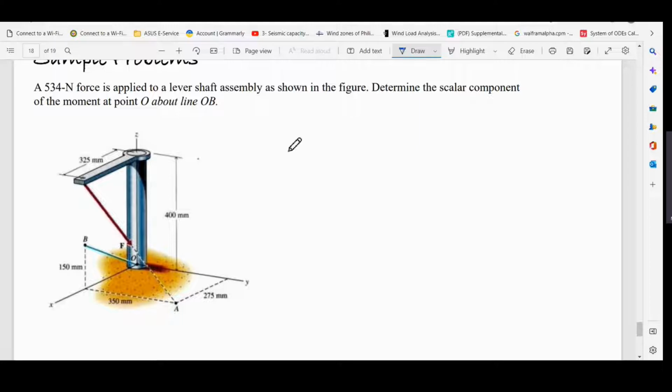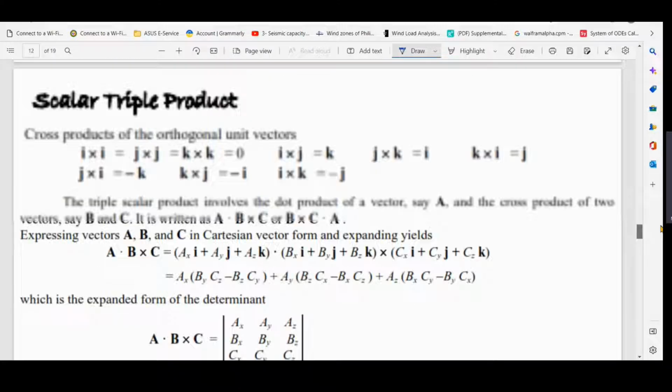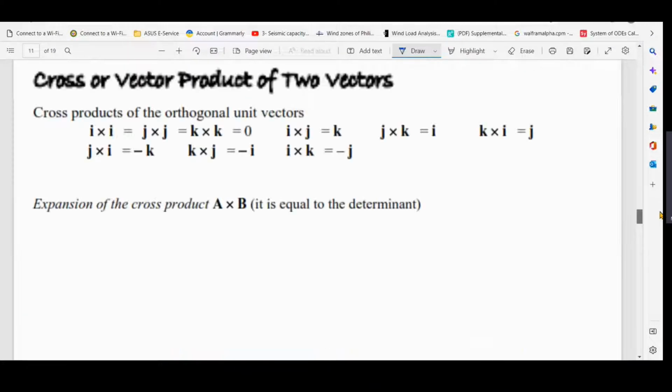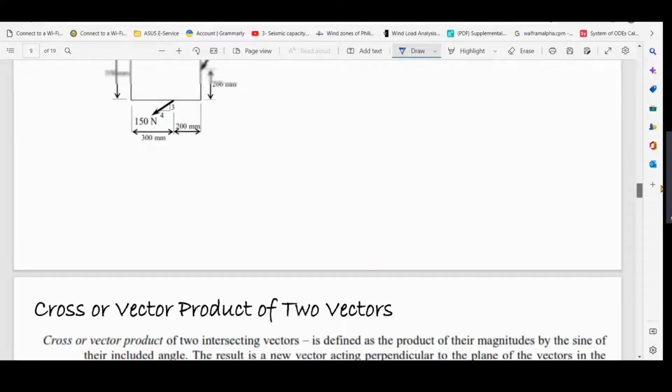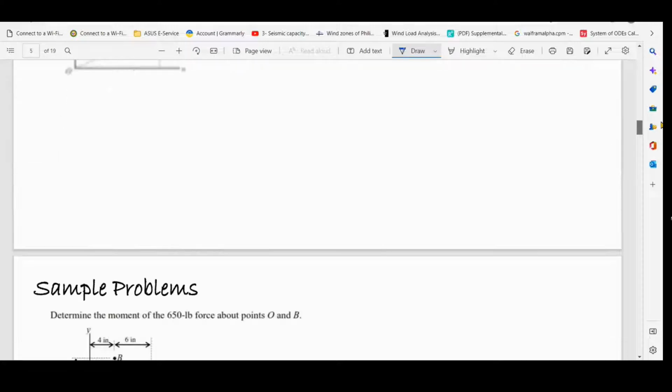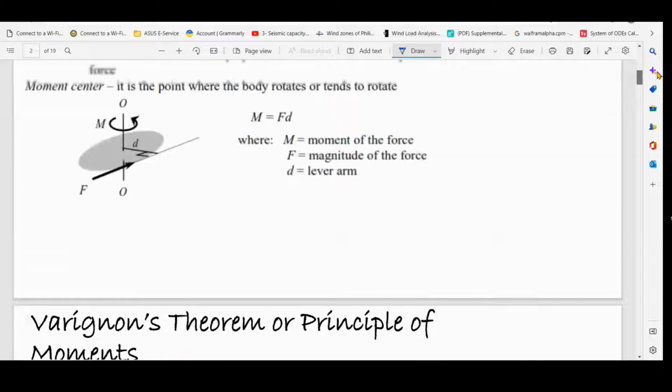Because dun sa scalar triple product kasi, we are determining the moment about an axis. Hindi na lang tayo magfo-focus sa X and Y axis. Itong topic na to. Scalar triple product is the application used for the